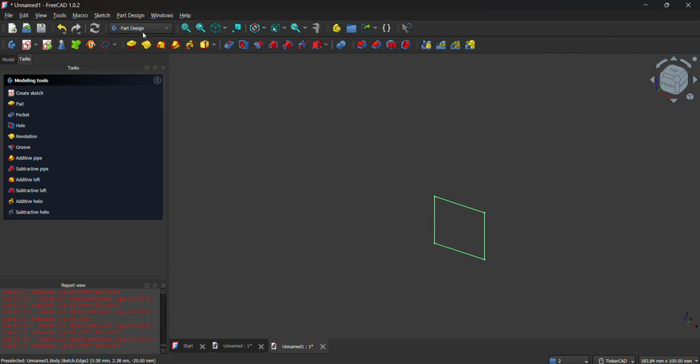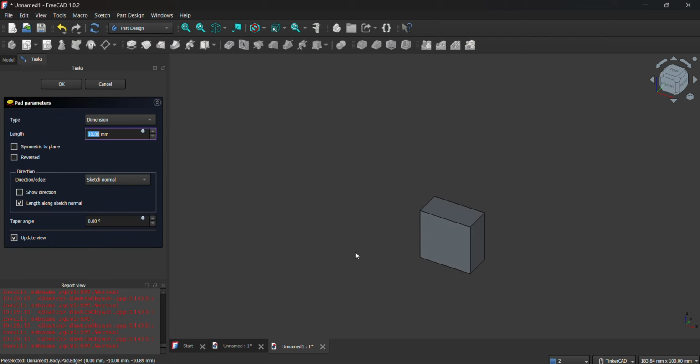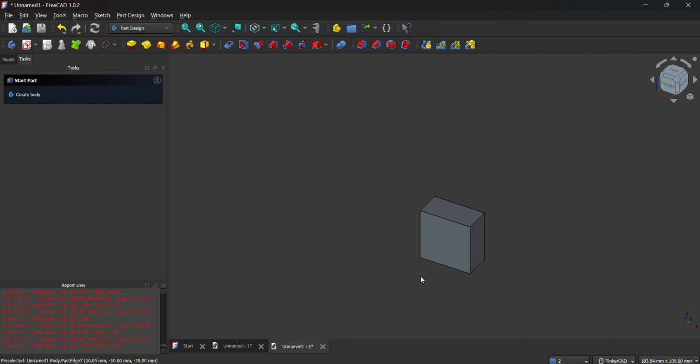And then I'll go back to the activated tools of part design. The first tool is padding, or pad. That makes your square a 3D model or 3D design. By default, it is 10 millimeters, but you can set it to other measurements. For me, I want 10 millimeter thickness, so I'll stick to 10 millimeters. Now you have this 3D model of your base for the Lego.